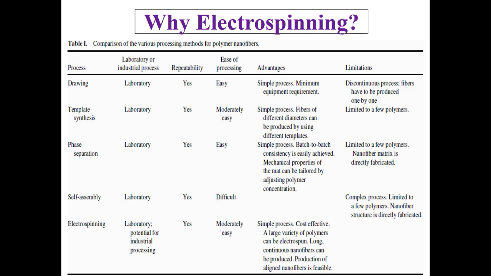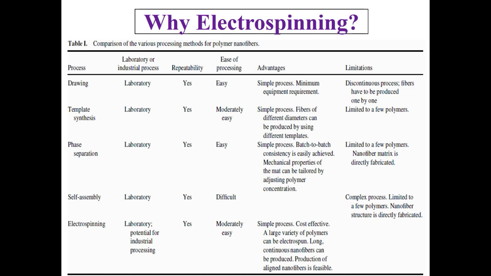Why electrospinning? This table comprises the comparative study between the processes used presently, that is drawing, template synthesis, phase separation, self-assembly. Electrospinning is very much effective as compared to the other techniques, because whatever fiber can be drawn, that fiber comes into nano size with a very high tension, using the very high voltage parameter, by controlling the viscosity, by controlling the pressure, by controlling the drawing rate of the fiber. That fiber can be well controlled with the help of controlling the parameters of that particular setup, and therefore there are very few limitations to this particular method.